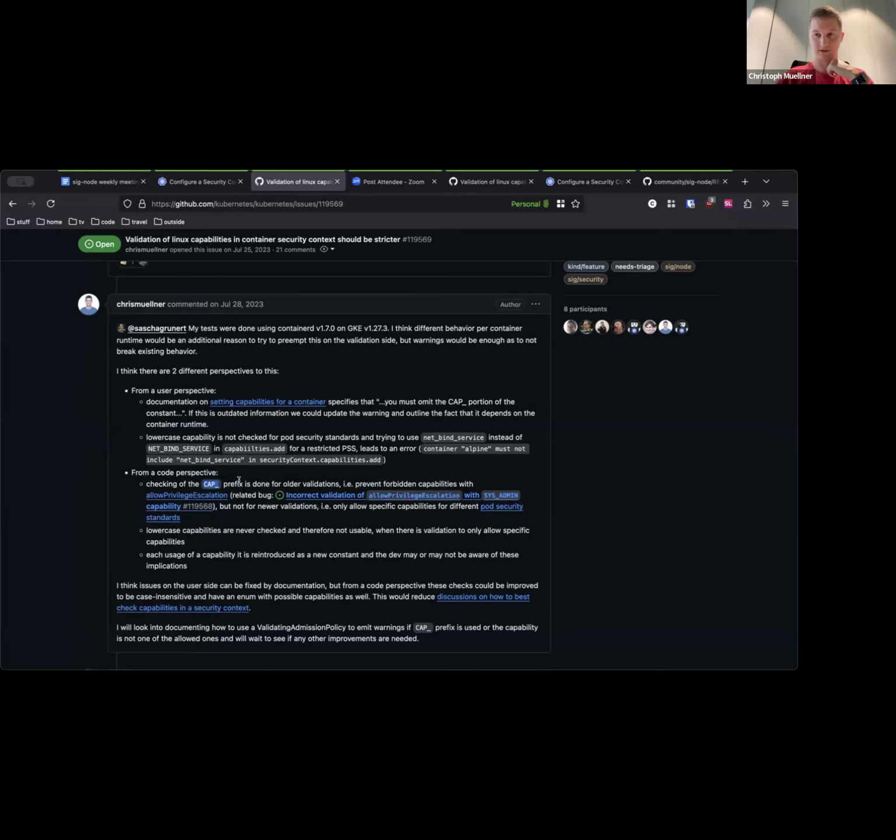So that means I have the possibility of getting the SYS_ADMIN capability, even if the expectation is that it's not allowed. In other places, there's only the lowercase capabilities. Basically, they are never checked for these validations. So you can always set SYS_ADMIN in lowercase, and that will give you a container with that capability, and validation will not fail.